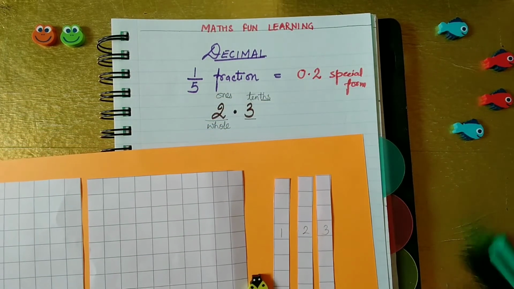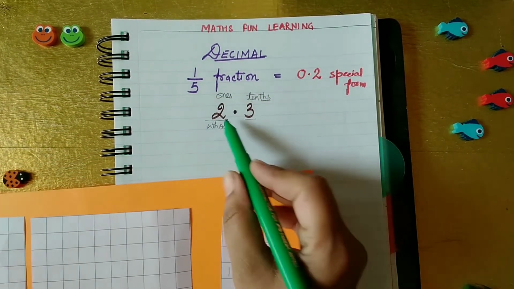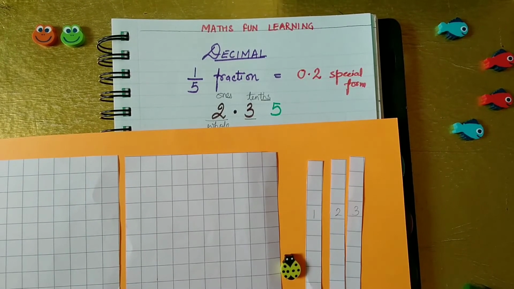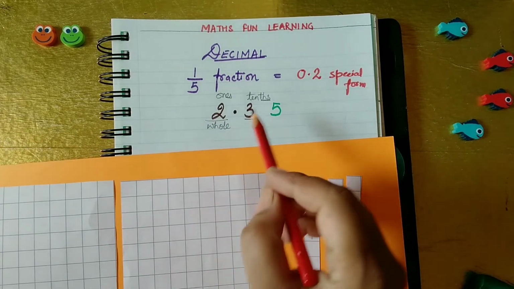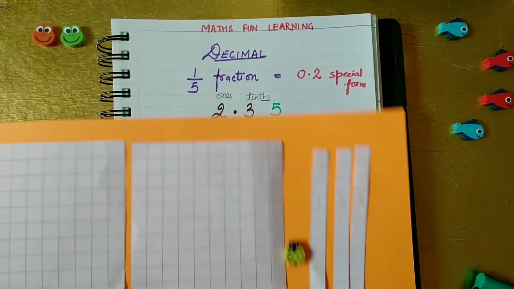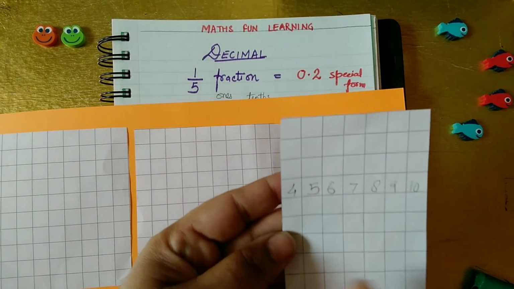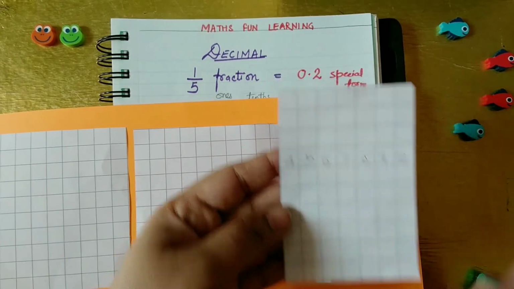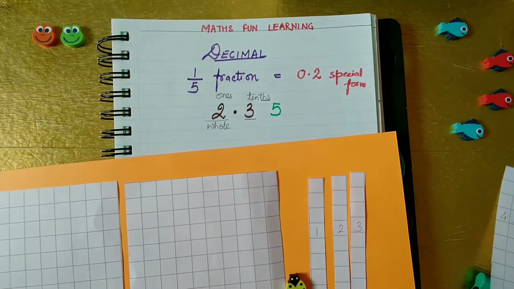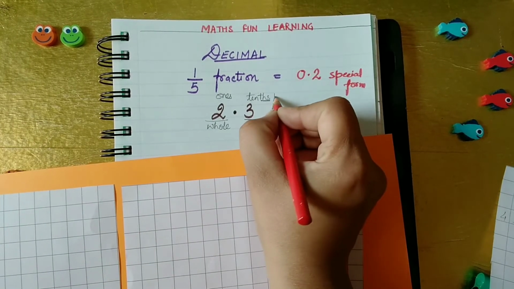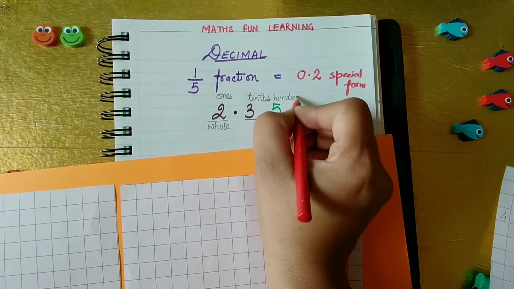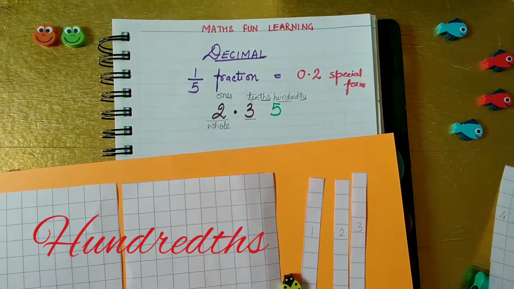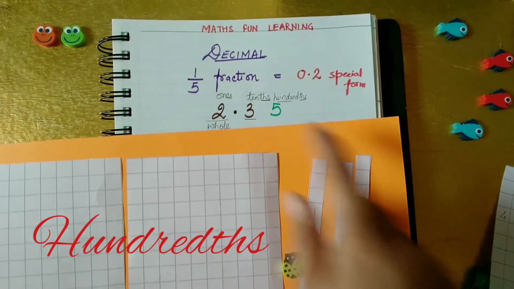Okay kids, suppose I have a number 2.35. What does the 5 mean? You can observe that 5 is after the tenths. That means now we have to cut our rods into more small pieces, because this place is the hundredths place. Let me write here hundred, spelling of hundred, and we use THS because this is a part. Out of 100 we need only 5